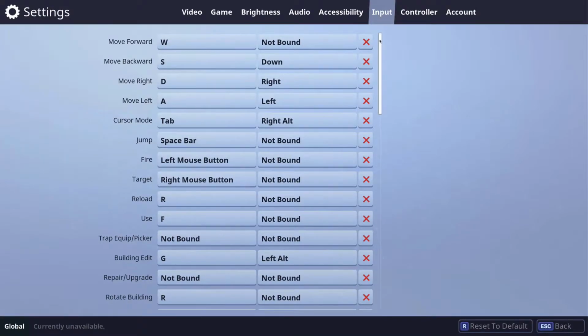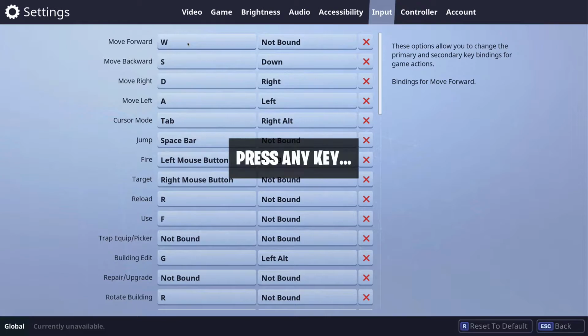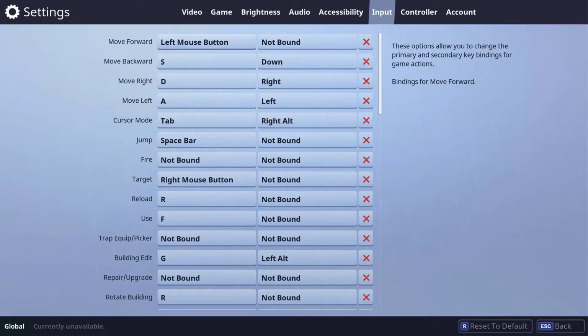I always want left click to be fire, but the UI makes it easy to accidentally, let's say you go and you want to rebind move forward, which is typically W. And if you click, okay, rebind W, it pops up a screen that says, okay, what do you want to use for move forward? And then if I go, oh, I don't actually want to do this, or I just kind of get confused for a moment and I click, it says, oh, okay, you want to use left click as your forward. So not only do you accidentally set click to move forward, but you also unbind click for